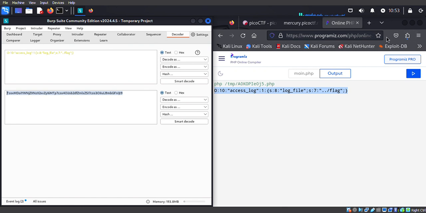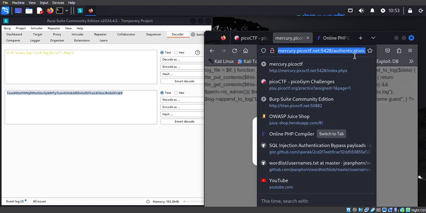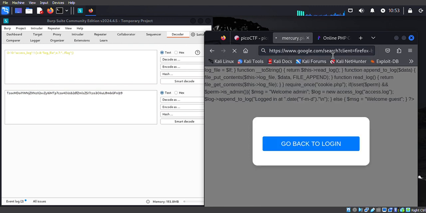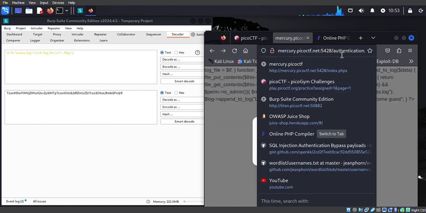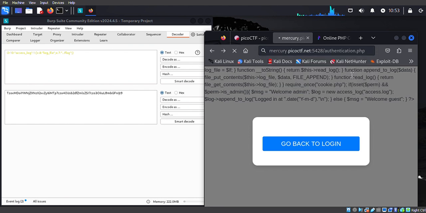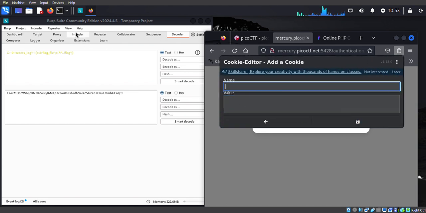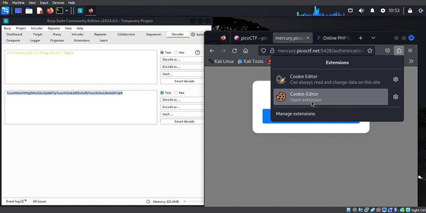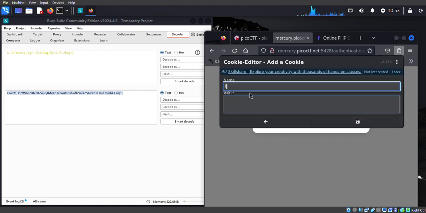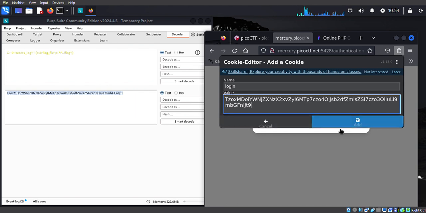So let's go to the page again. So now I will go to this page, authentication, sorry, my page was basically authentication.php. I will go to that page now, authentication.php, and I will set the cookie. My cookie was login. I saw it from the repeater, right? So I will add a cookie named login and enter the value that I got from here and add this,